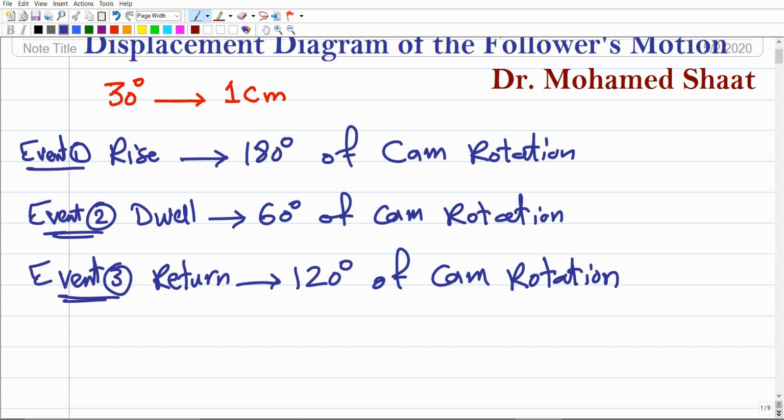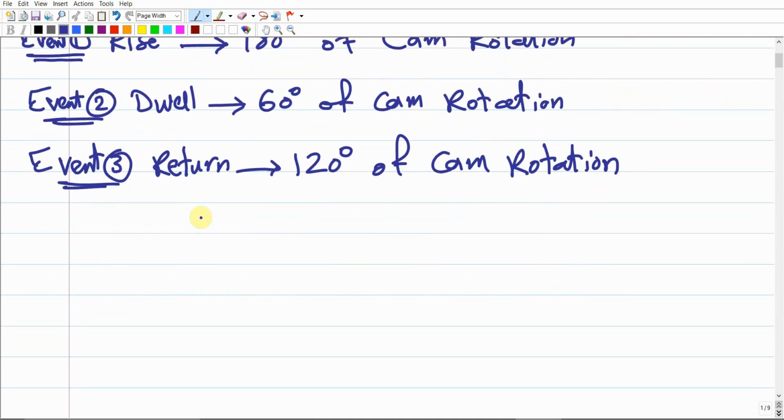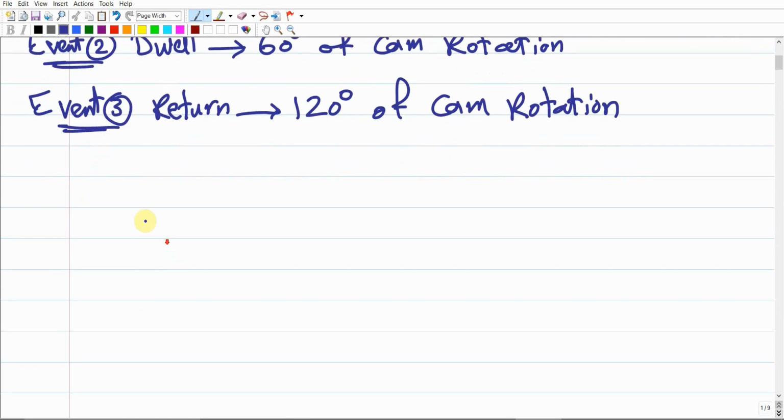You have to know exactly these events that will be described to you in the given problem. But your objective is just to acknowledge them and distinguish between them: how long the rise is in terms of the cam rotation, the dwell period, and the same for the return period. Then your objective is just to break down the displacement diagram. So you're going to set up the y-axis